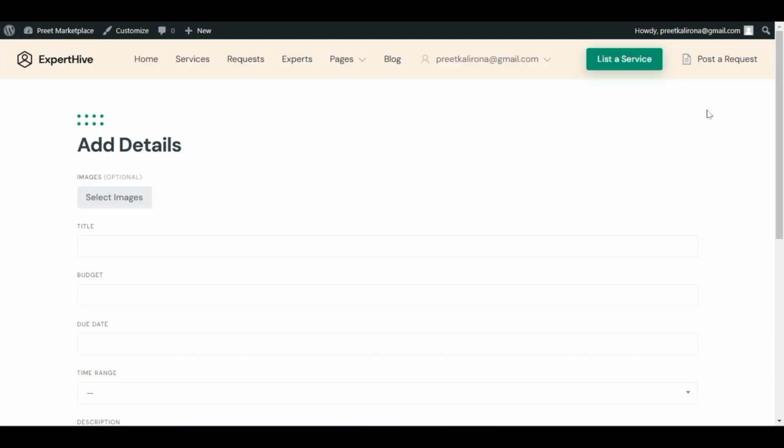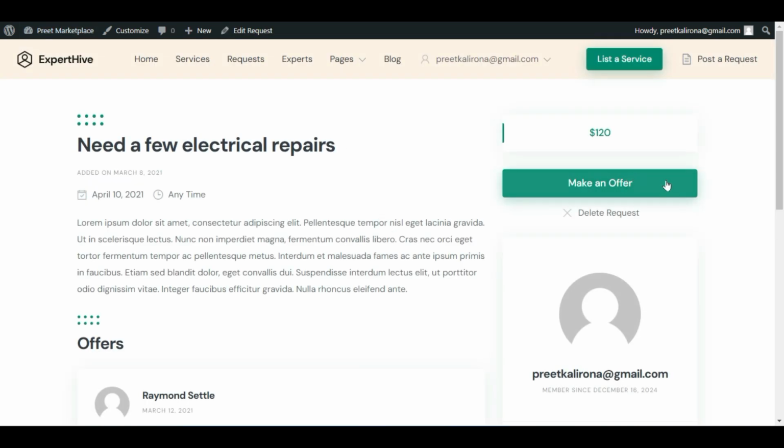They will be able to bid. For example, if I first make an offer, then they will be able to bid on that particular amount. Okay,